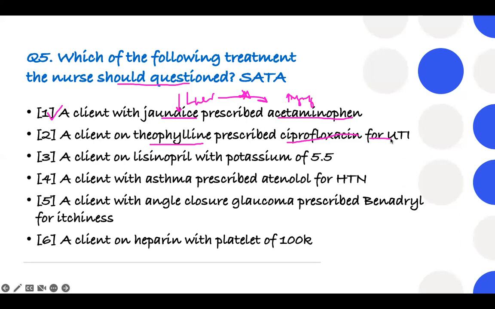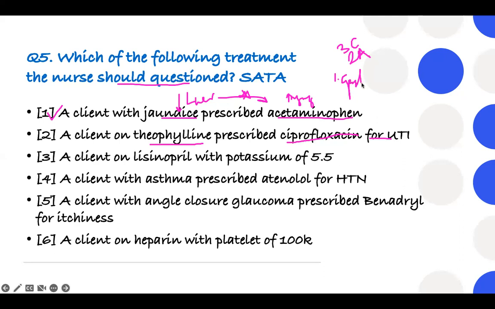Because of that, there are certain things you have to tell the patient to avoid. There are things that will make theophylline toxicity high, and this is the way I remember them: 3C and 2A for theophylline. The 3C, the first one is